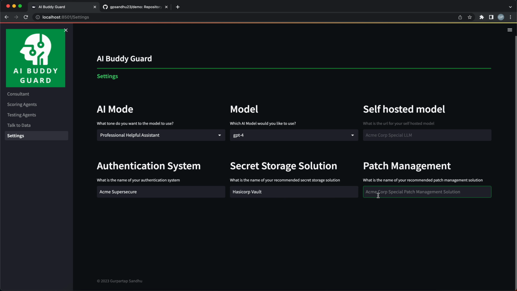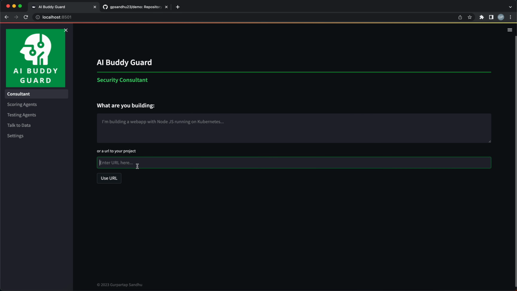This is a well-known product that works fairly well. And for patch management, let's just say we want to use Dependabot. That's what I've been using for all of my stuff. So if we come back here and punch this in,